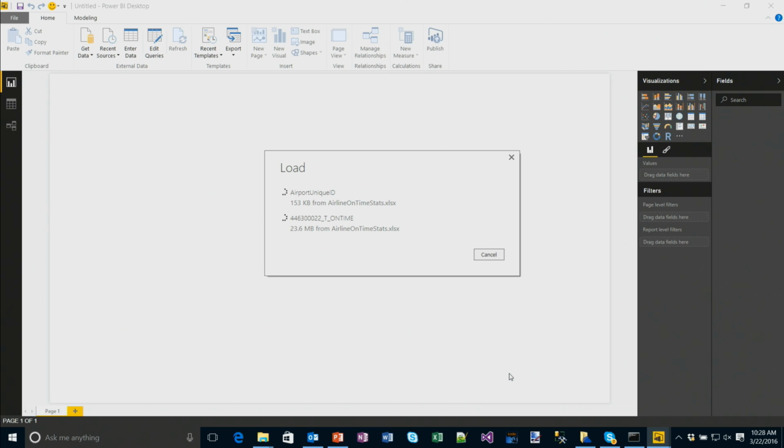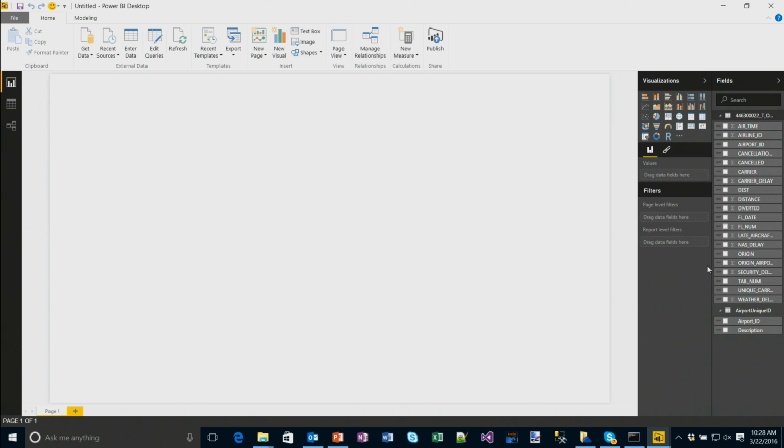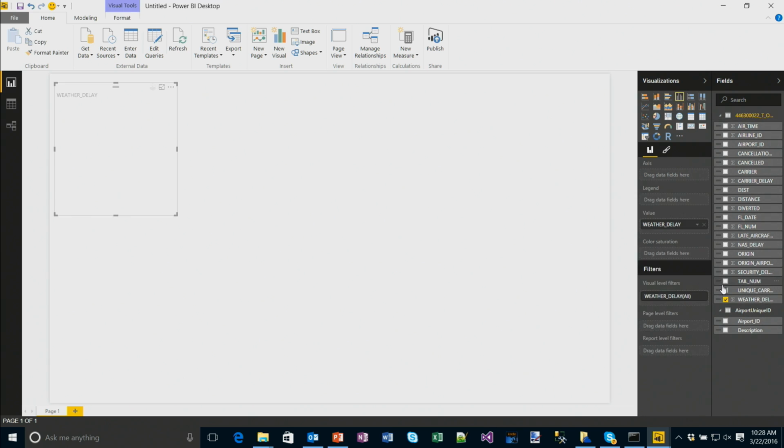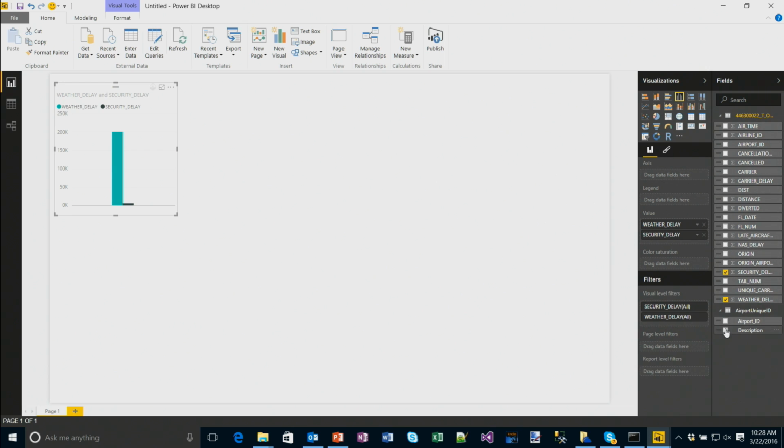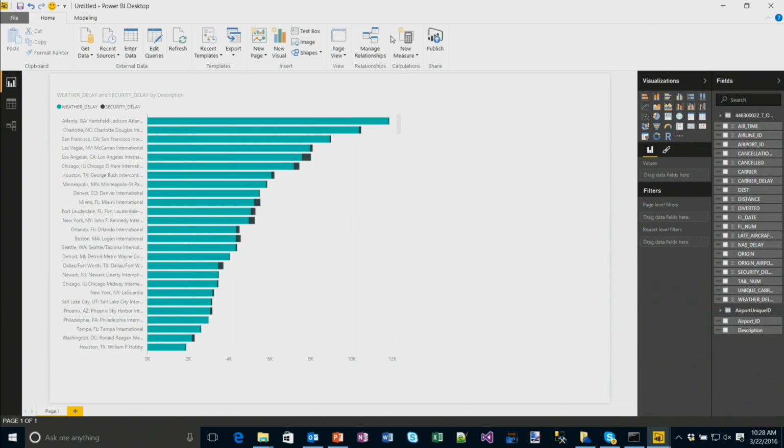Of course, I can connect to lots of different kinds of data sources. And there it is, it's landed. Very quickly, I can go ahead and say I want to see weather delays. I can look at security delays. And I can look at, say, descriptions. And I can change this to be a chart like this. And I can choose to sort it,